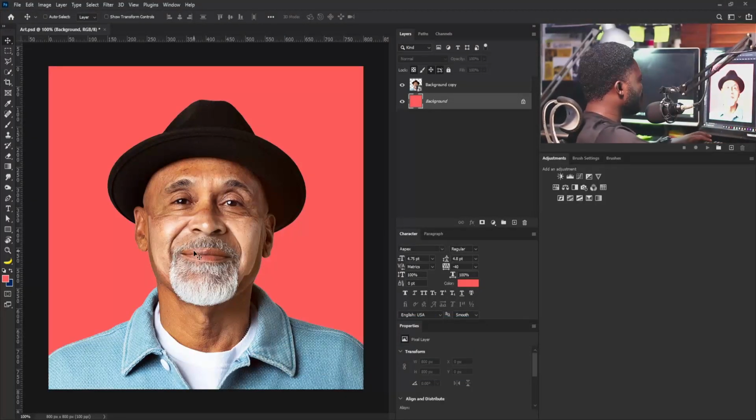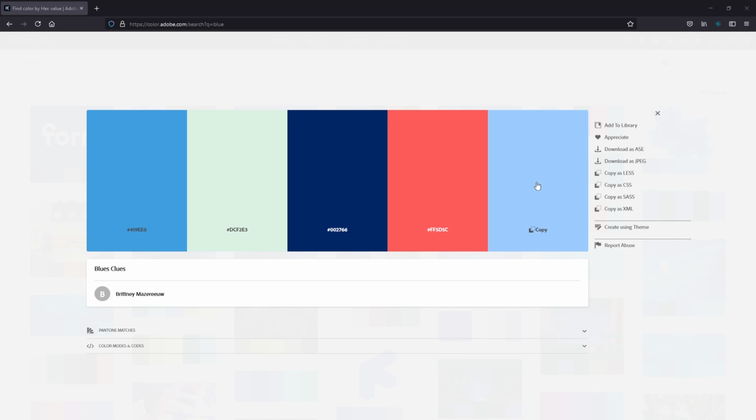Now I noticed that the color on the outfit of my character here is not as strong as what I want it to look like. This here is the shade of the color on my character's outfit, but I decided I want to switch it to this because I actually want the project to pop more. And just in case I didn't remember to say this, this color here is what actually made me pick this set of color, because it is similar to the color on my character's outfit. So I'm switching to this color now, and what I'm going to do is just copy this,